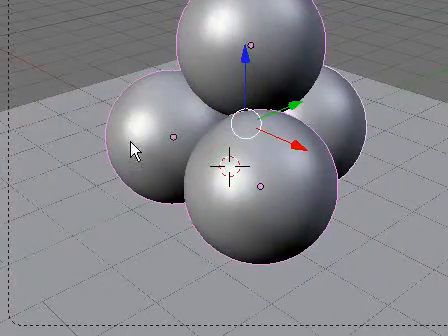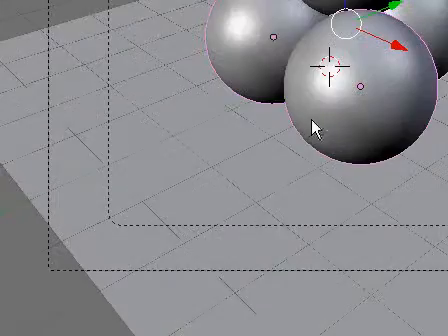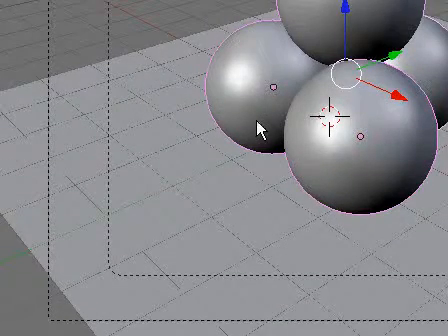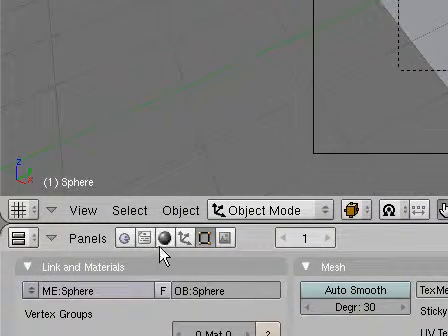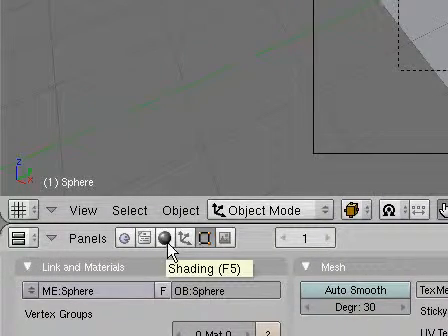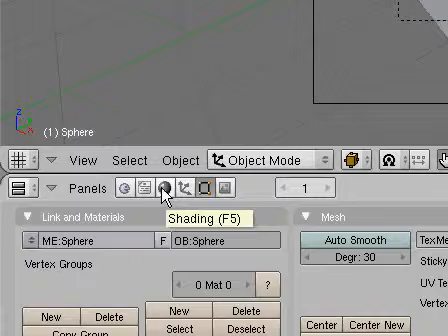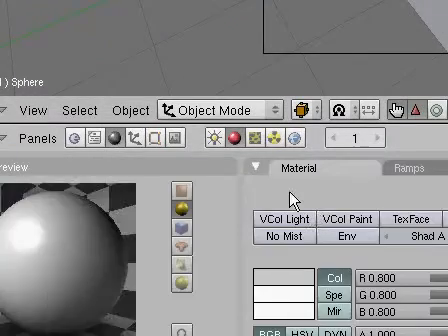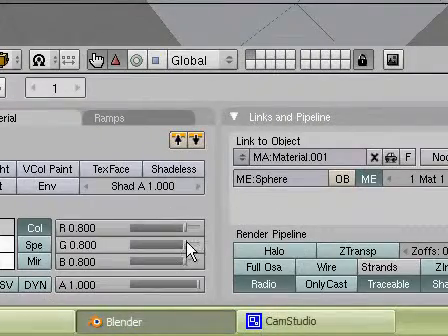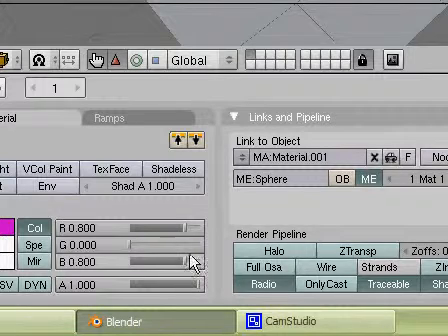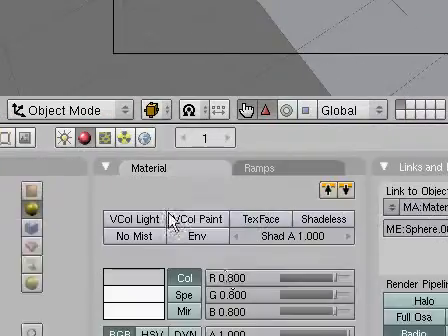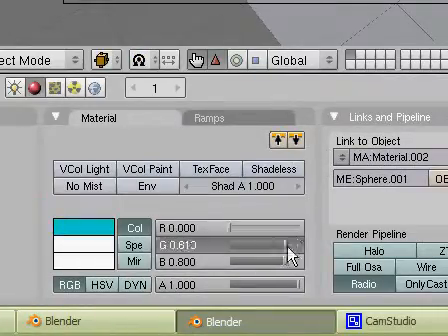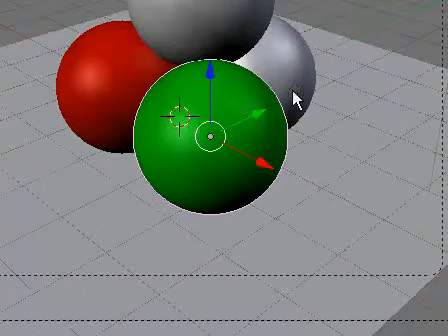So from here, hit A to deselect all, select one of them, go to this sphere right here, it's called shading, or you can hit F5, add new, and we're going to add a material to it, and we're going to make it red. So drag the green and the blue sliders down, and up the red slider, so now that's red. Let's add a new one, make the next one green by sliding down the other sliders, and pulling up the green slider,